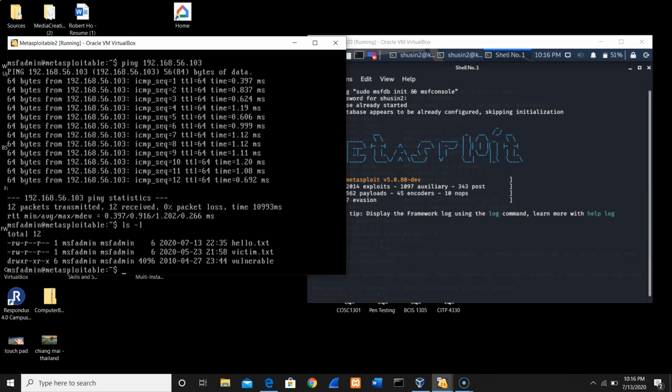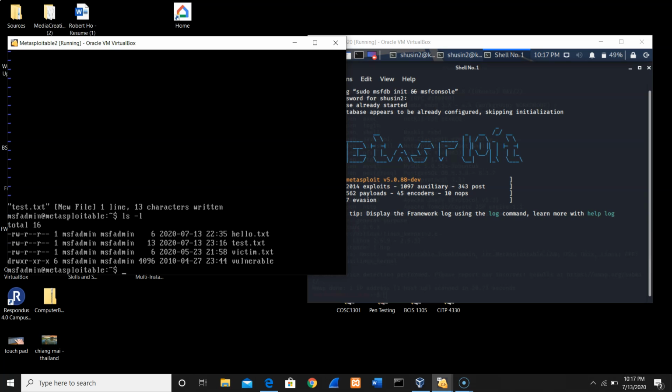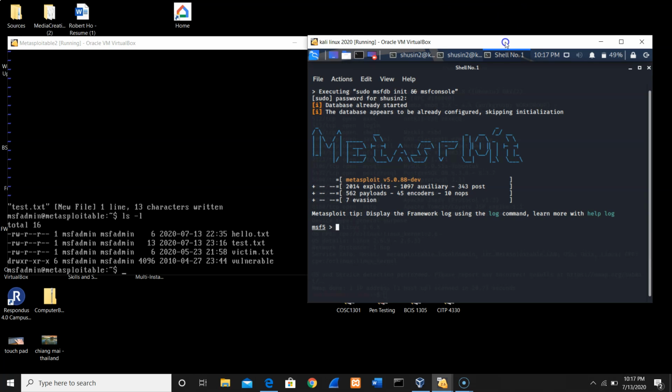You can create this with vi test.txt, then click insert, type hello world, press escape, colon, wq, and exclamation, enter. If I run ls -l, you notice that I have hello.txt and test.txt. So now, from my attacker machine, we